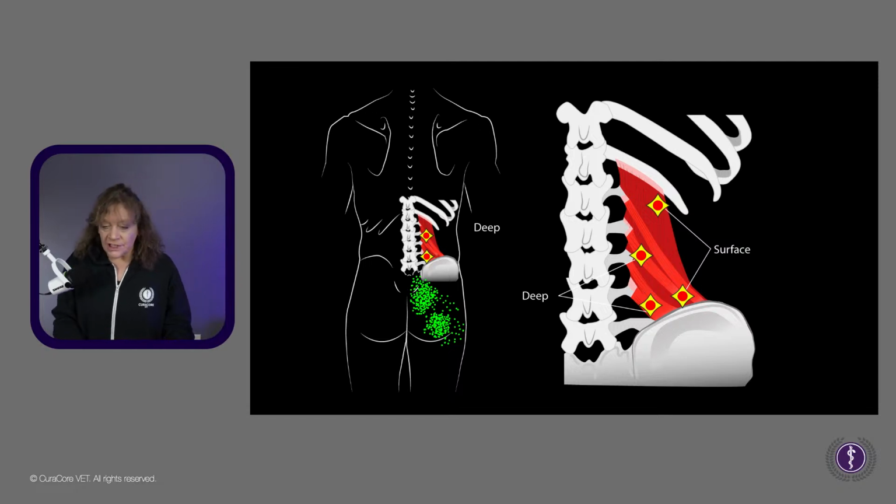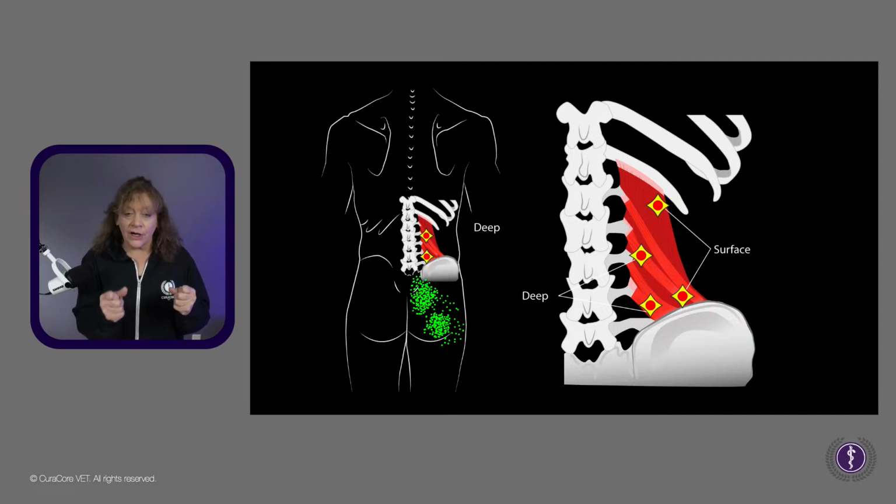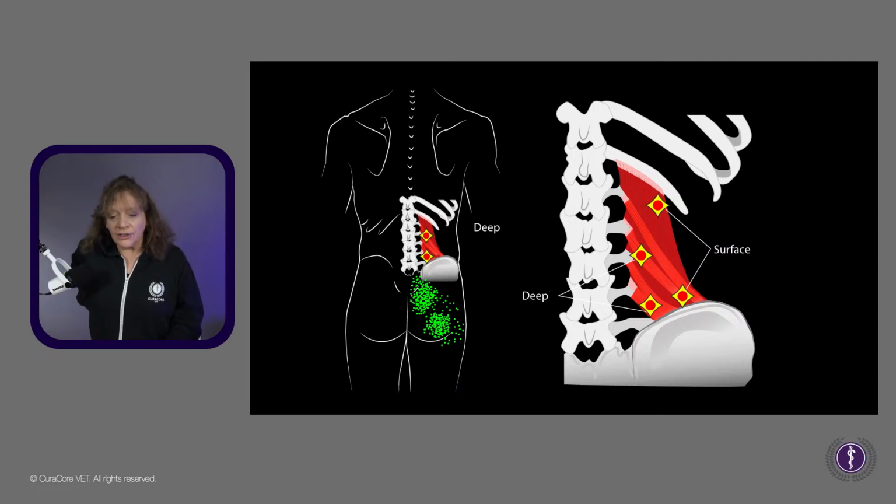So I, for example, gave myself a trigger point this morning in that right one, right up near the rib. But the point is that you have variability in the locations, even in the human, of where these attachments are going to be. Your best hope at actually feeling any of this is going to be on that lateral border. But you can know that they're there. And people will usually point to where it really hurts in the back, because that'll be a real deep pain. But it can also refer to the hip. It can refer to the hip joint so strongly, and the greater trochanter, that people can't even sleep, and they feel like it's their hip, and it's not.